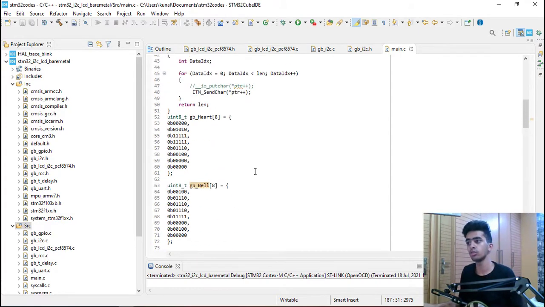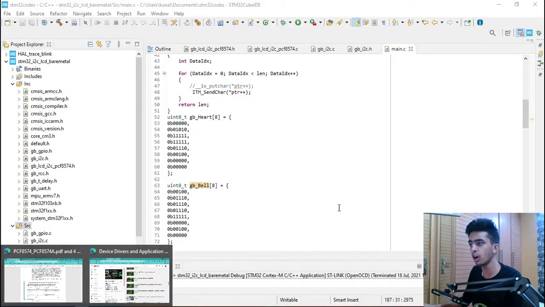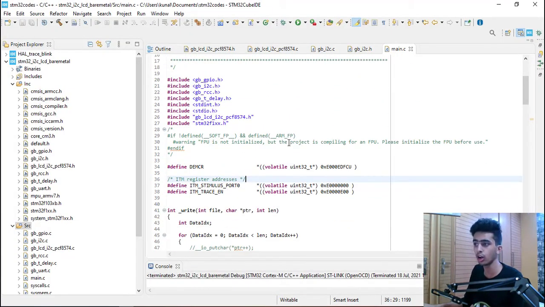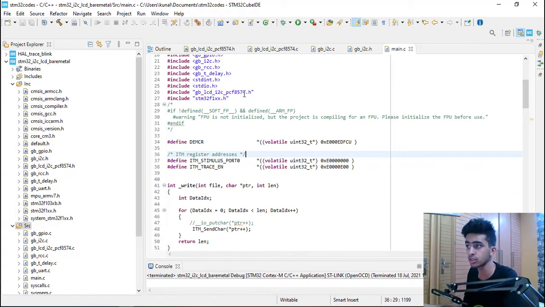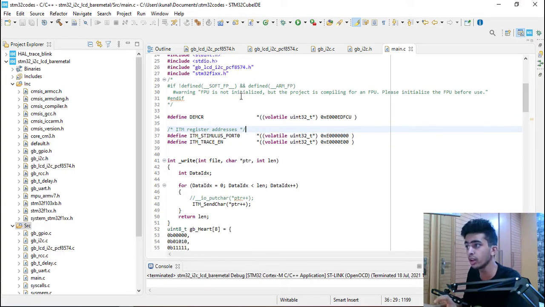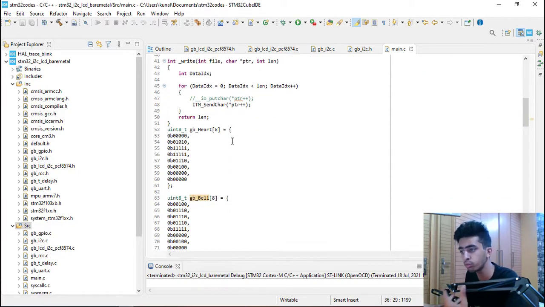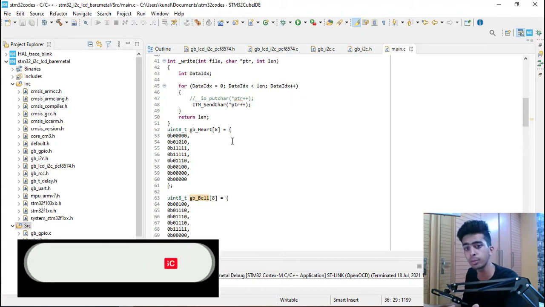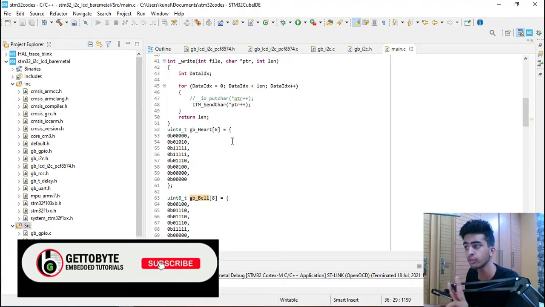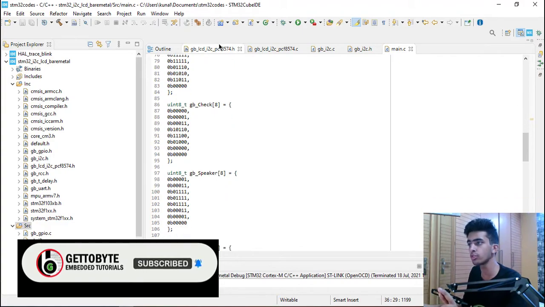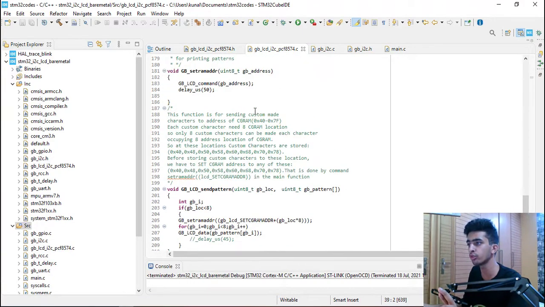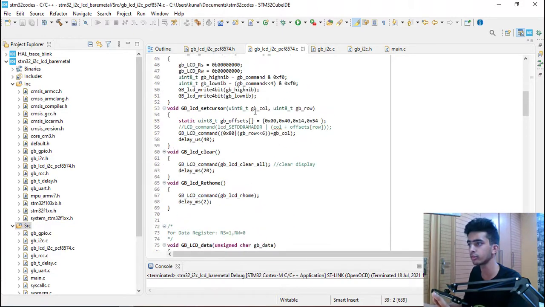My main agenda of this video is to make you understand how these I2C screen modules work, and how to interface with I2C modules like the PCF8574 and interact with the microcontroller. Not only can the PCF8574 be used for an LCD screen, but also for driving output pins. As I have told you, it is used for driving 8 GPIO pins from just two input output pins. That's the main concept, which I have explained through these initial starting functions.